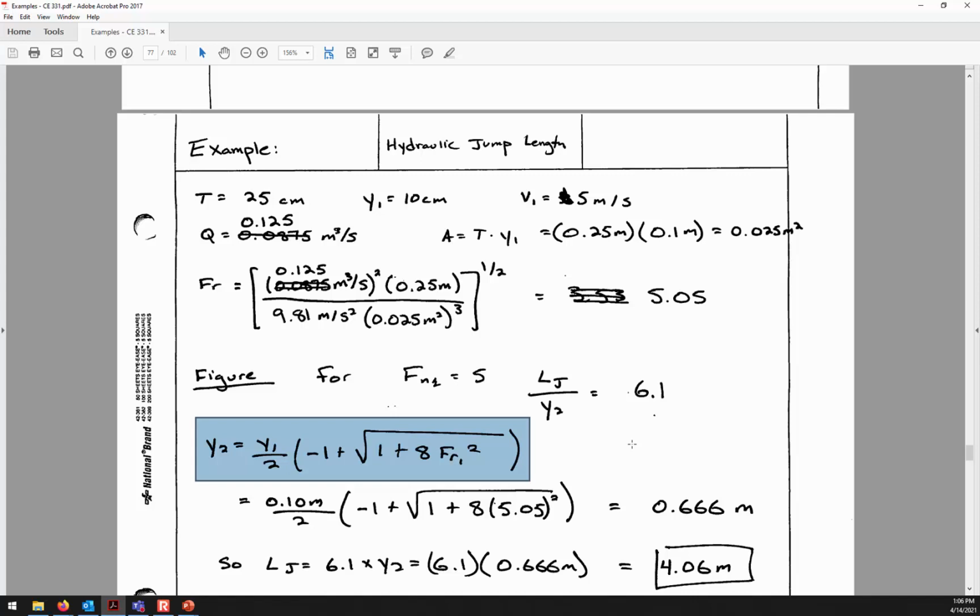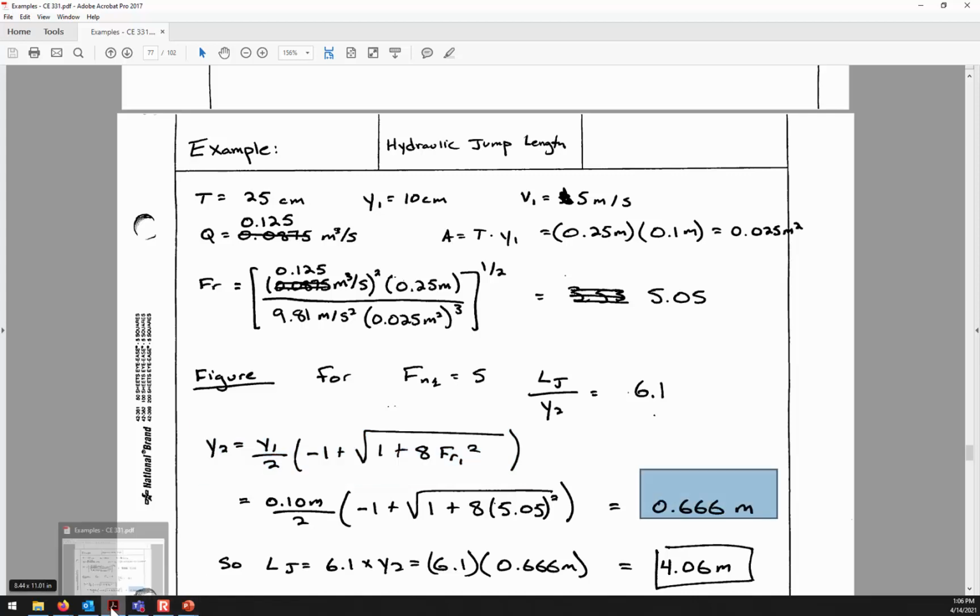Now, have I done that right? Yeah. 66.6 centimeters. Okay, so this is going to be the downstream depth, and the reason why we need to know that is if we go back to the figure on this nomograph,